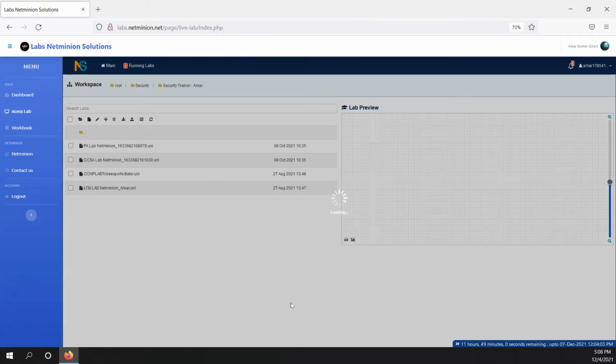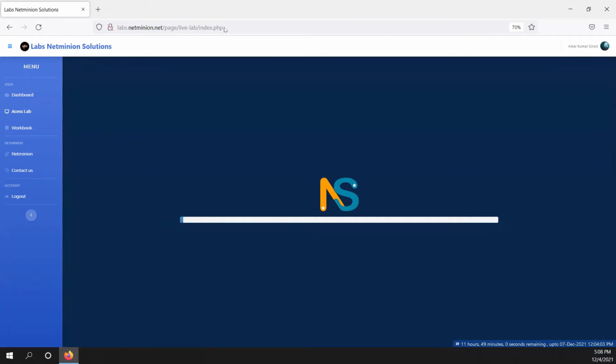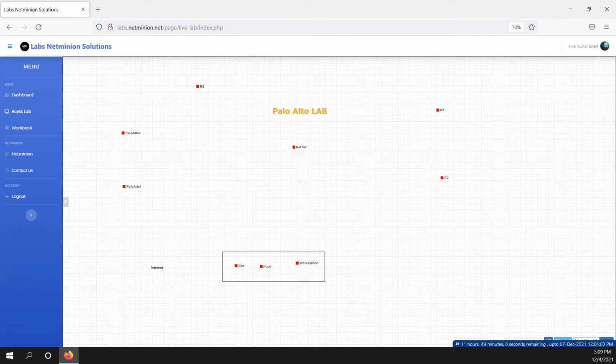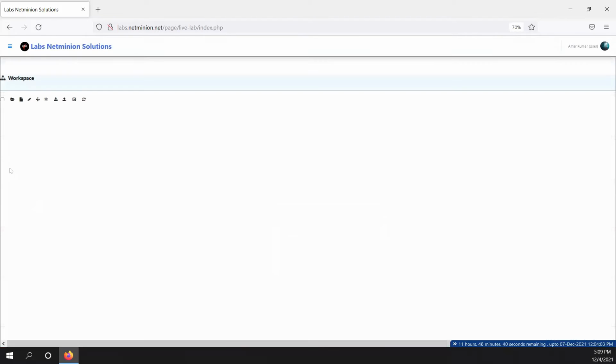Once you are logged in, you can access whatever lab is assigned to you. For example, this lab is assigned to me, so I can access it, or close it. Here you can see all the labs assigned to you.